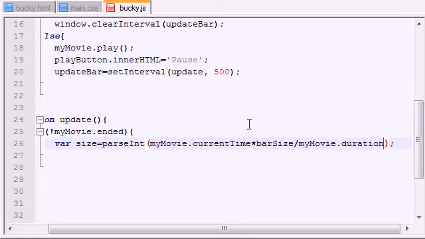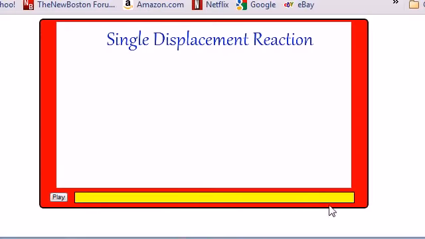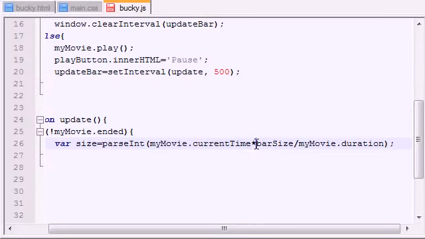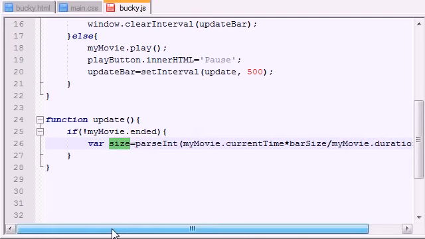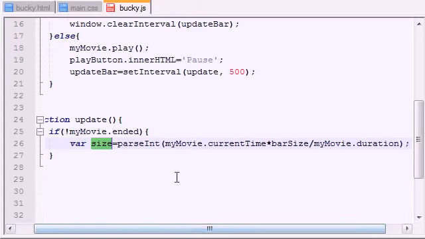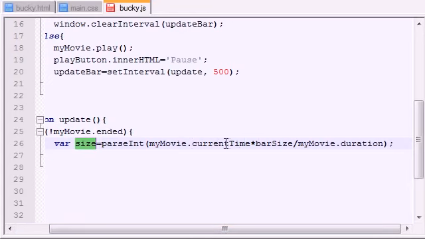Now, a couple things I want to point out. First of all, take the current time, or, if this video was like 4 minutes long, the current time would be like 2 minutes, and you're going to multiply it by 600 in this case and divide it by the total duration of your movie, which would be like 4 minutes or something. And that's going to give you the size in pixels of however long your bar needs to be. Now, don't worry about the formula. I don't really want to explain that, but what I do want to point out is this current time property and the duration property. You're saying, how the heck does your website know the current time and the duration of